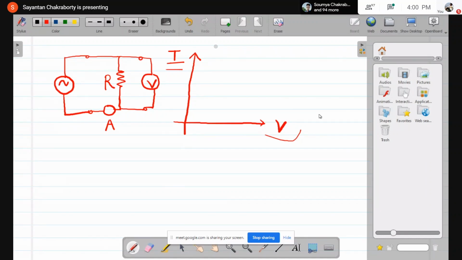If you keep putting x and y, then you have to define what is x, what is y. Other than algebra, there is no existence of x and y. So you can either write voltage axis, current axis, or horizontal axis and vertical axis, right? Now for a linear resistance, obviously, you can expect the VI characteristics to be a straight line. Depending on the resistance, the slopes will change. But for nonlinear resistances, the characteristics may be different. For one set of nonlinear resistances, the characteristics will be something like this. For another set, something like this.